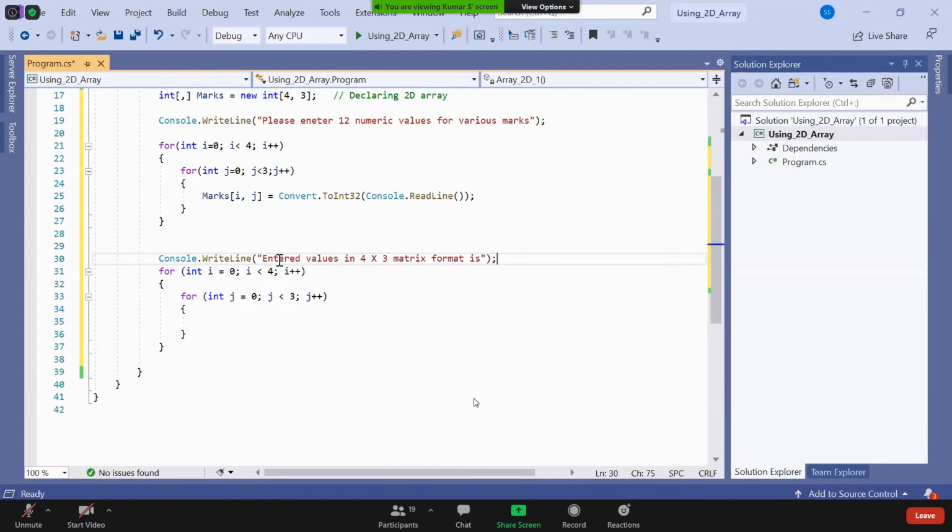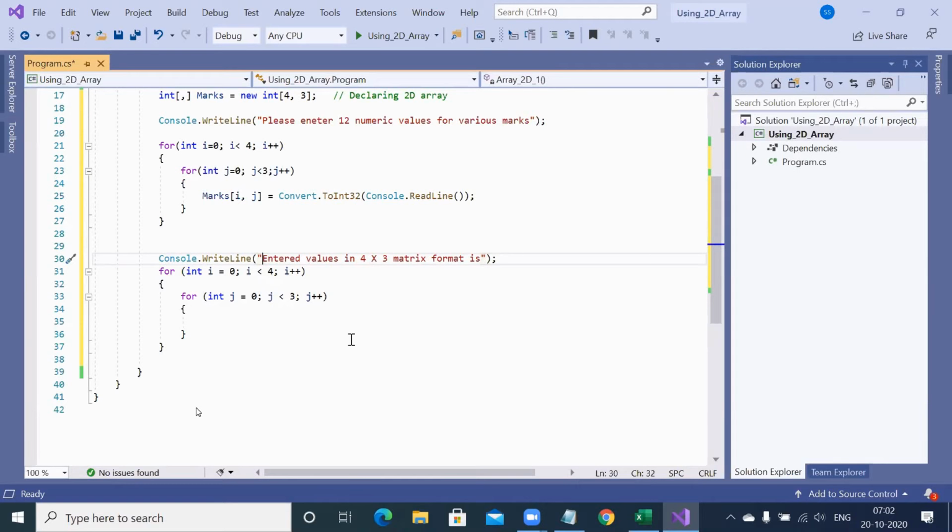See what sentence I wrote. I entered 12 value, but those 12 value has been stored in random access memory, but I want to fetch them and display in 4 by 3 matrix format. It is written as 4x3, but it is read as 4 by 3. So 4 rows, 3 columns matrix format.